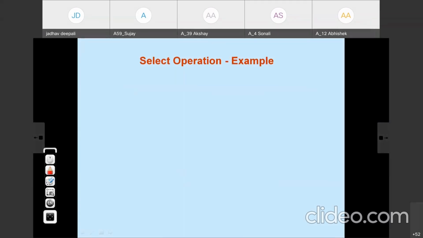Okay, select operation, the first example we are going to see. Select those tuples of the instructor relation where the instructor is in the physics department.